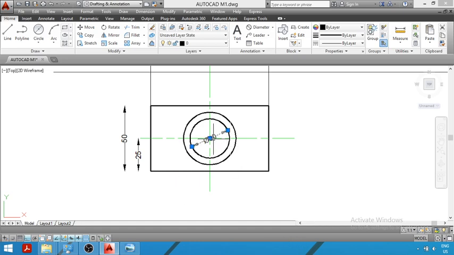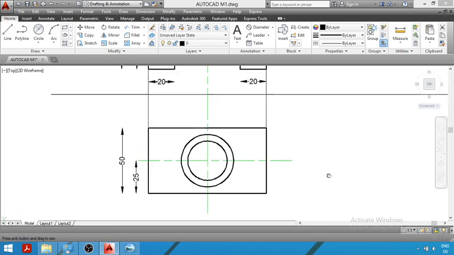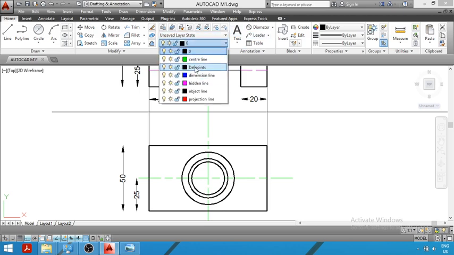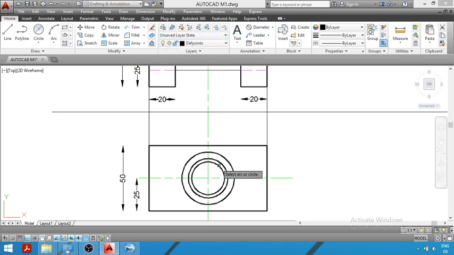Now in the next step we will draw the top view of the lower hole, which is of diameter 25 mm, and since the diameter is 25 mm, the lower hole will be visible. So again with this point as center, draw a circle of diameter 25 mm. So now we have drawn the third circle, which is of diameter 25 mm. Now I will give the dimension so that you can understand. So the diameter of this hole is equal to what? 25 mm.